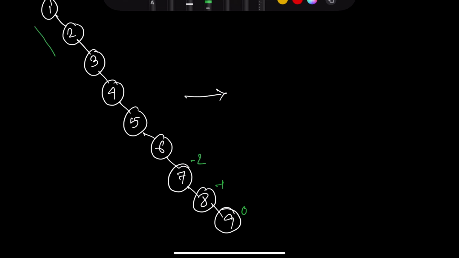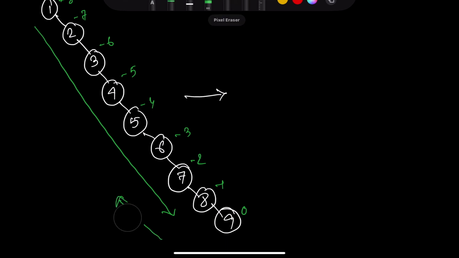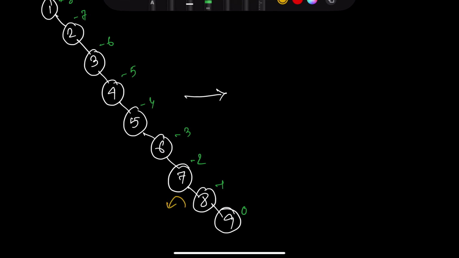So when you have a single branch, you will have a lot of unbalanced nodes. What you have to do is go from the downstairs, and whatever you get, you have to work with it. Now, as it is minus, let's do the left rotation. So what will happen is that